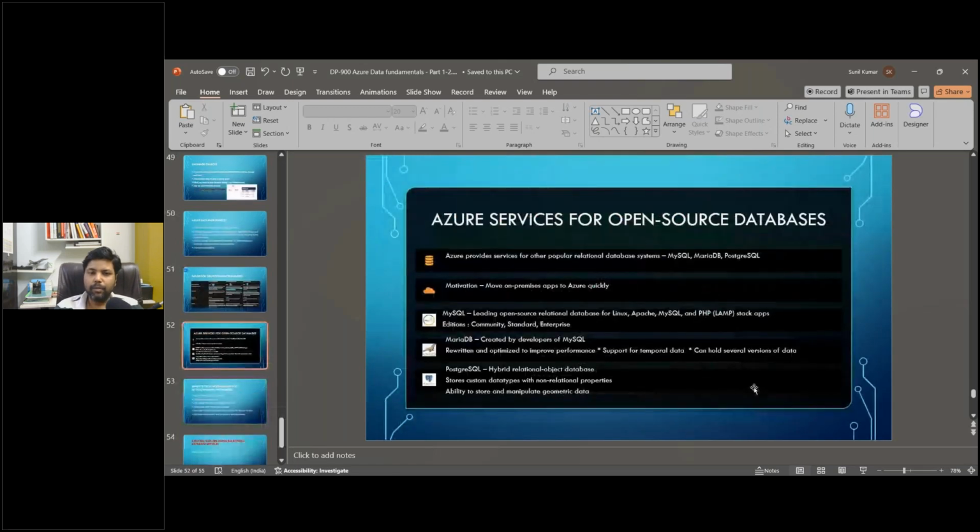Okay, now we'll discuss different open source databases. So there are different offerings from the Azure end. In the previous sessions, we covered all these three different open source databases. Microsoft provides services for three different open source databases, which are MySQL, MariaDB, and PostgreSQL. Just to revise these concepts, MySQL, right? These all are open source,